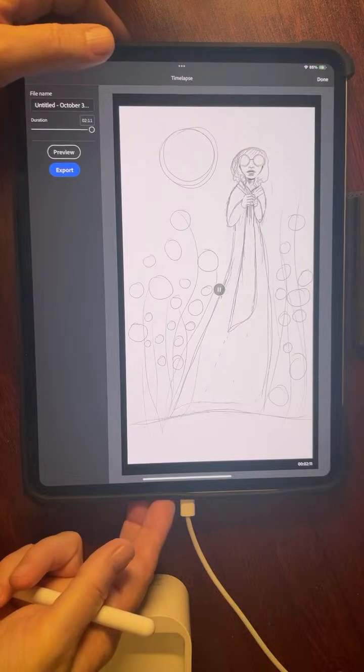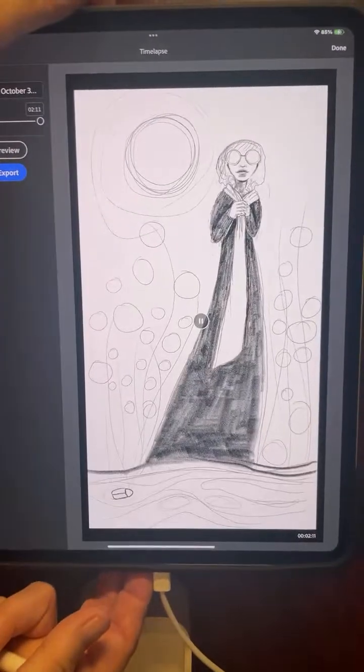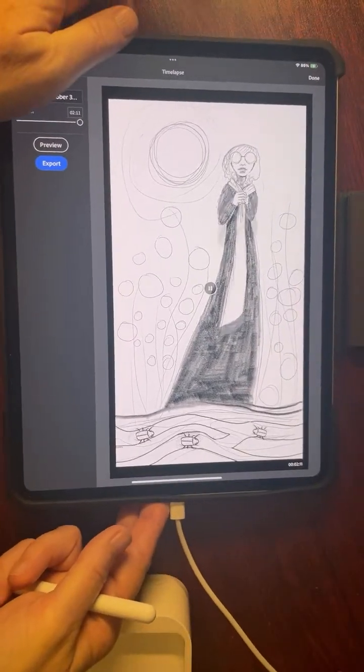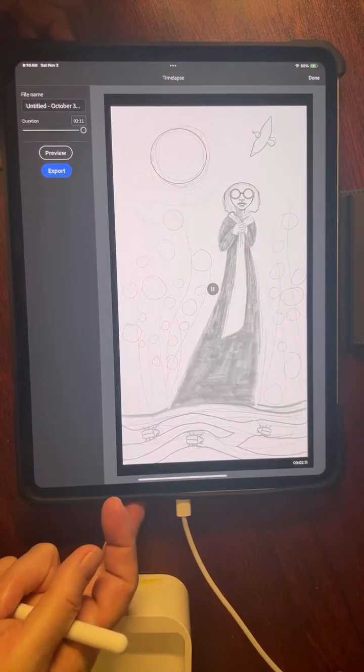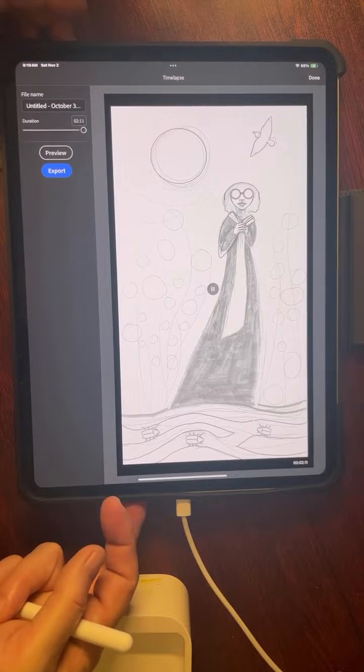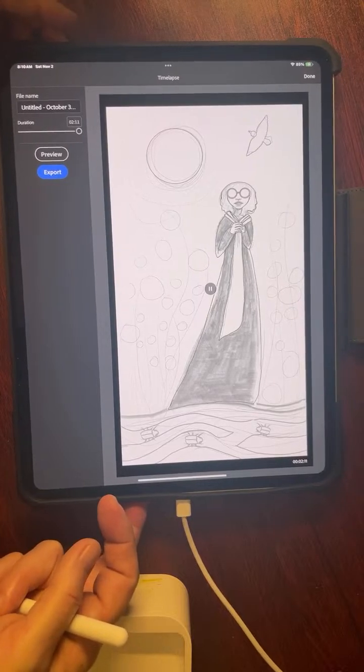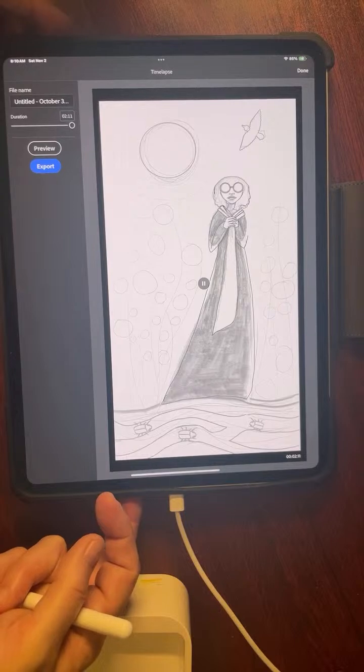But she starts coming into being here, as you can see, and then it gets really dark so you can really see. And then somewhere in here, when I started doing the heavier black lines, I went live with the